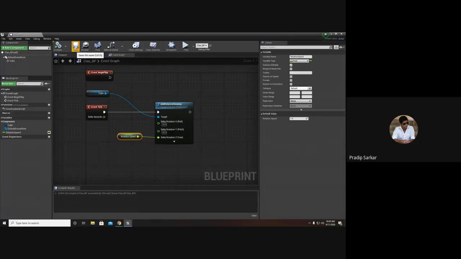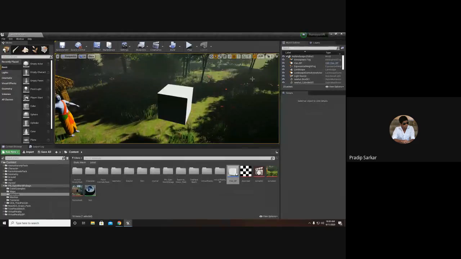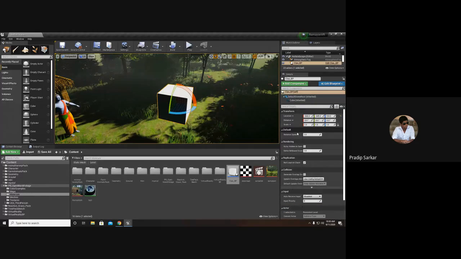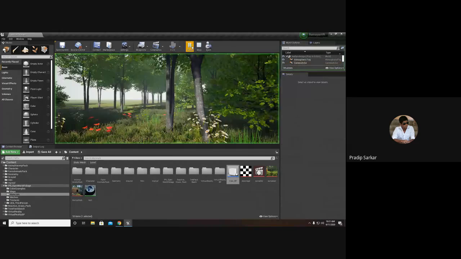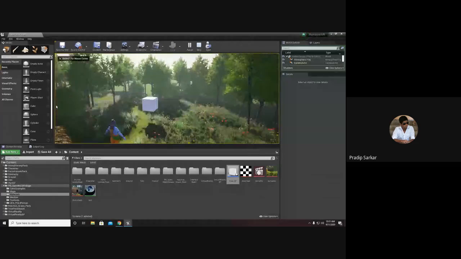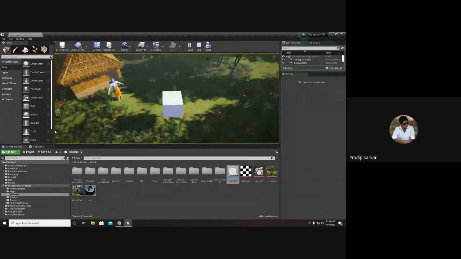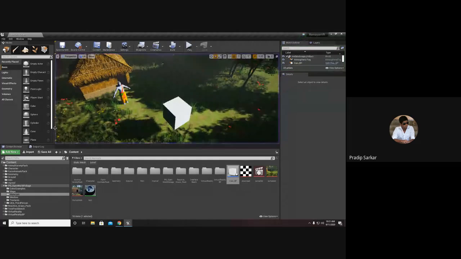Now this time when I save it and select this cube, in the details panel I have the rotation speed variable which has been exposed. This time I set it to 5 and hit play, and now I can change the speed of the cube's rotation.